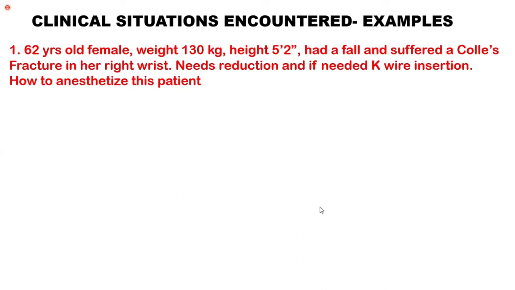But the height and weight indicates that the patient may be morbidly obese. So even if you can manage this in the regional block, like axillary block, as you said, first and foremost, assess the airway. In case you have a problem, if the axillary block fails, or the surgeon takes more time, suddenly he decides I will open and put a plate instead of K-wire because it is not aligning properly,